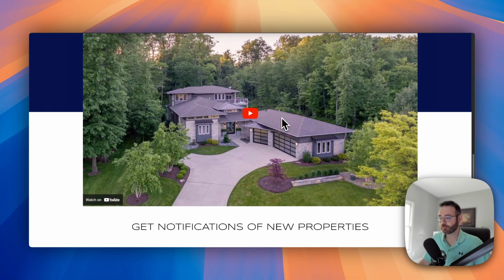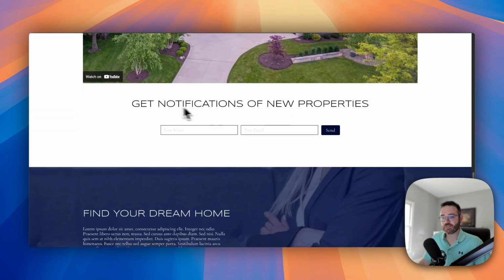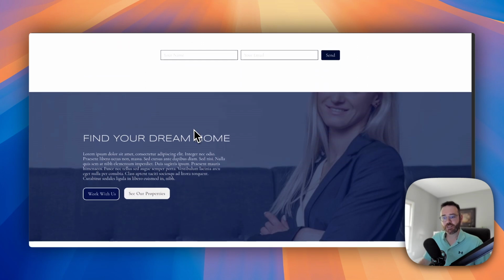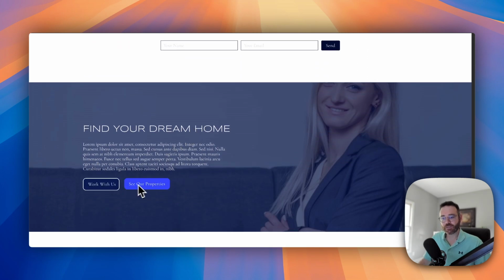Next is a new property notification sign up. So this would be for your newsletter. You should always be trying to build your email list of potential clients. That way, you never know if somebody's going to be looking for a house. You can send out a monthly newsletter, weekly newsletter, or whatever you want, and always be in contact with those potential leads. Finally, there's a call to action section at the bottom with another couple buttons here